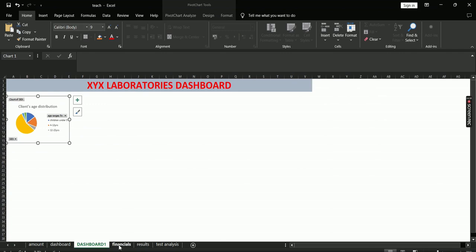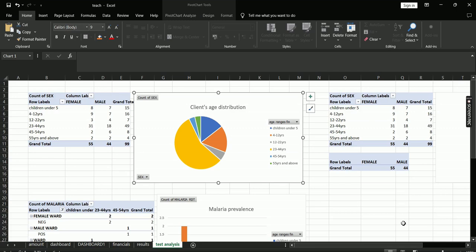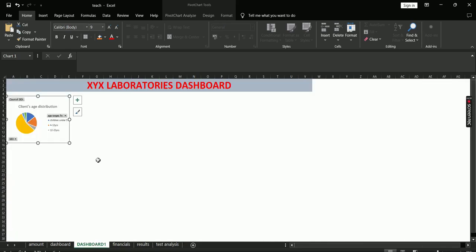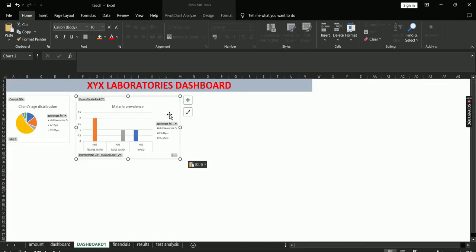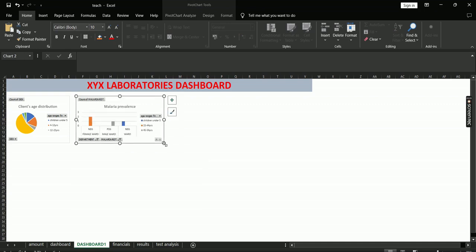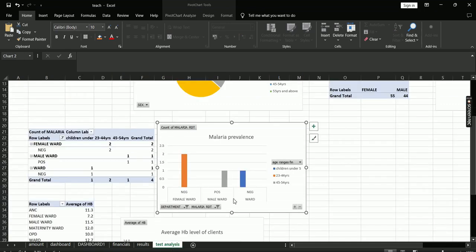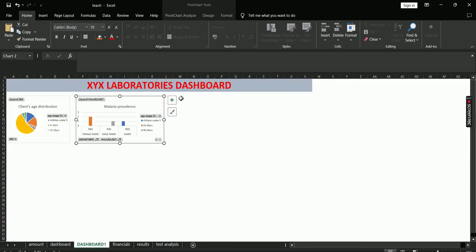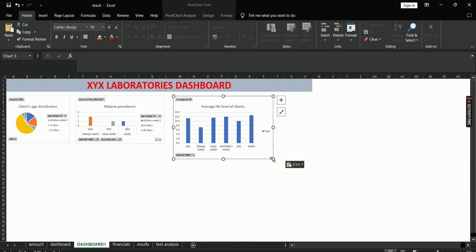I'll go back to my test analysis and then copy malaria prevalence maybe. So like I said, depending on what data you deem relevant to have on your dashboard. Then come back to the test analysis and copy the last one on HB. Bring it to the dashboard and paste. Okay,